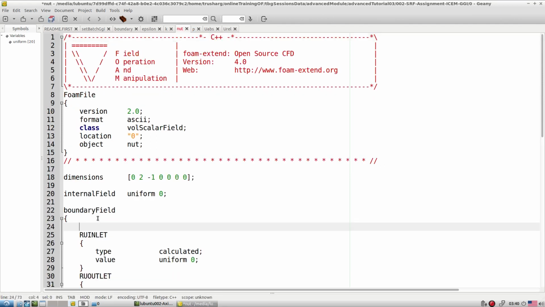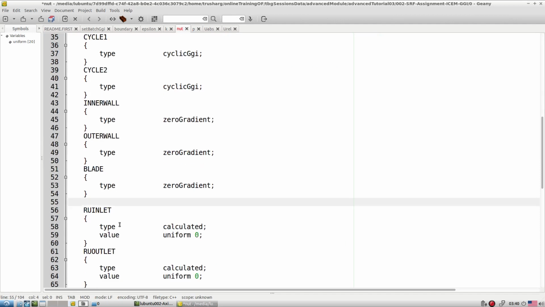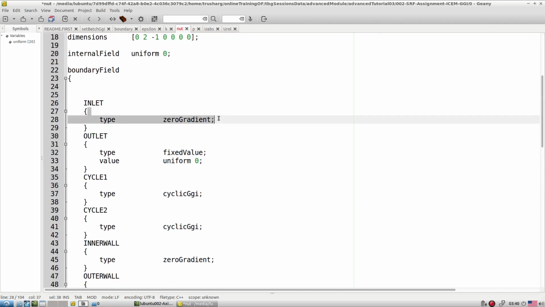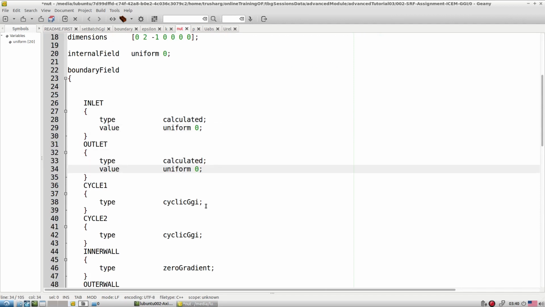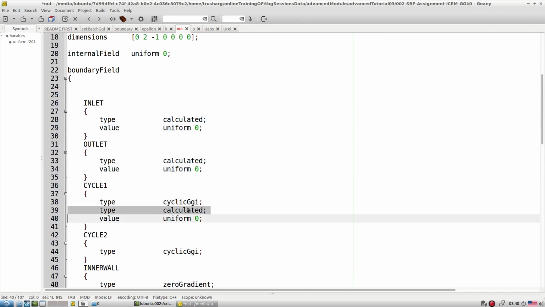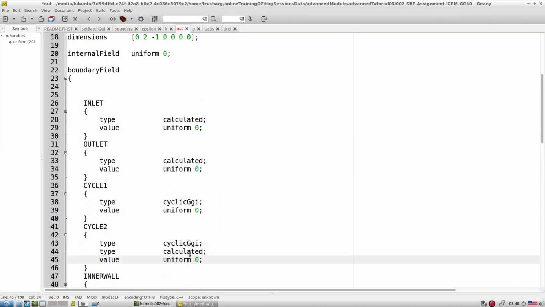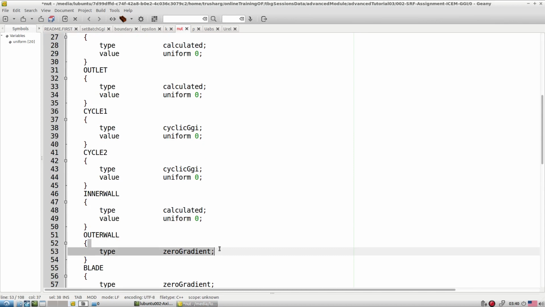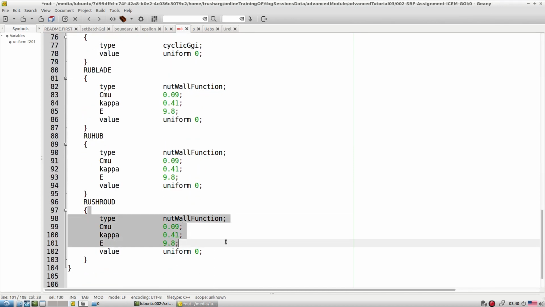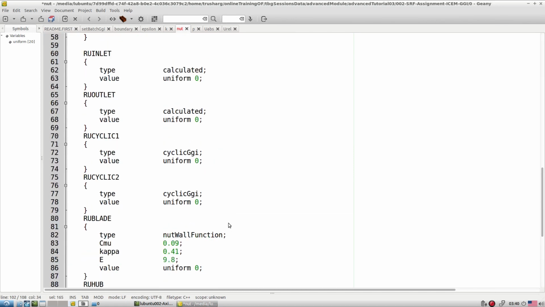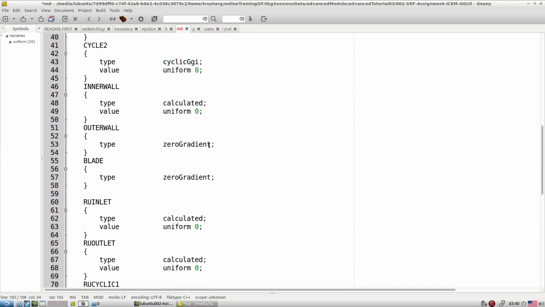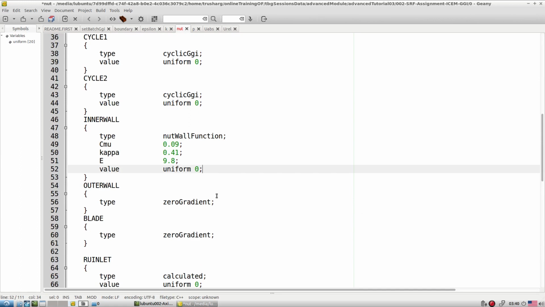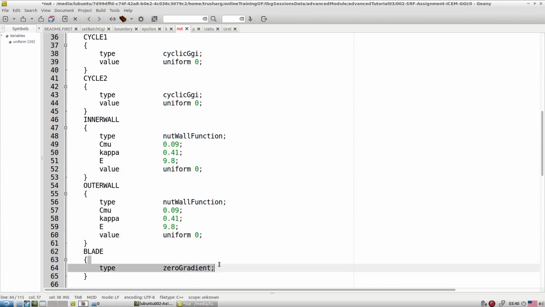Now NUT, for that everywhere calculated. On the walls we have to specify NUT wall functions, that is internal wall, outer wall, and blades.